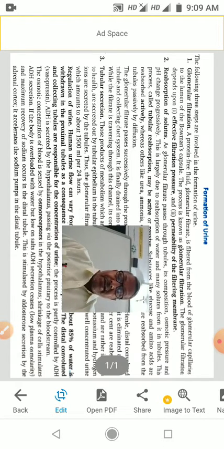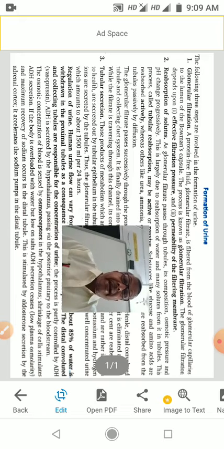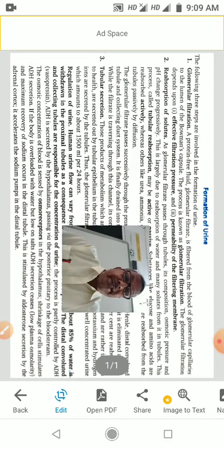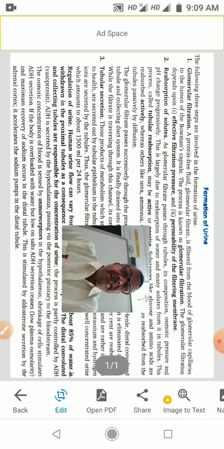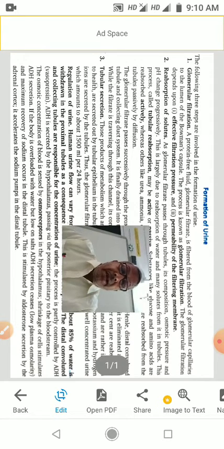Creatinine, uric acid, potassium and hydrogen ions are secreted by the tubules. An important aspect of tubular secretion is the shift of potassium and hydrogen ions from the epithelial cells to the renal filtrate. So the glomerular filtrate is finally converted into well concentrated urine, and in 24 hours about 1500 ml of urine is formed.